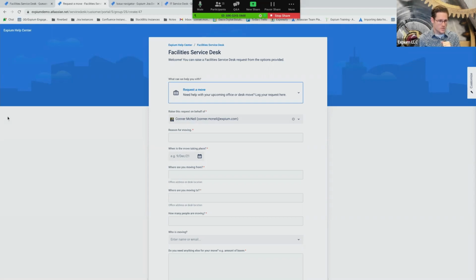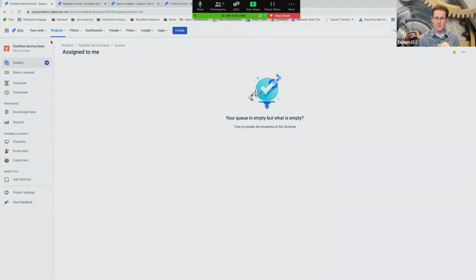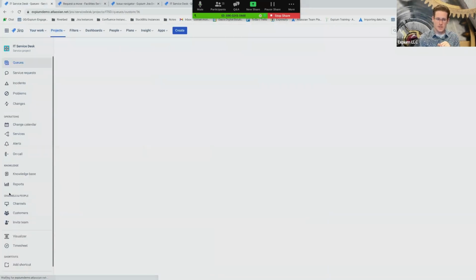All right, so we got a question. What's the best way to view SLAs week to week, reports or dashboards? Does the JQL need to specify that the ticket was created in the last 7 days, or can you just filter in the UI? Actually, that's a great question. The nice thing is we can actually filter in the UI. So I'm going to jump back to our IT service desk